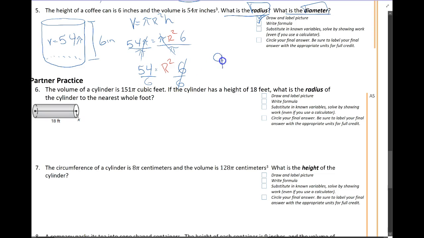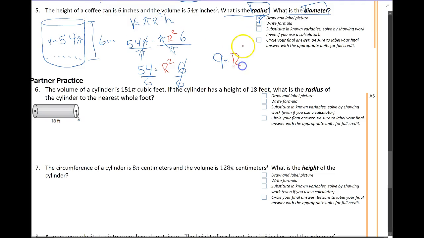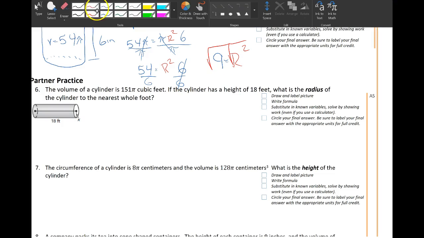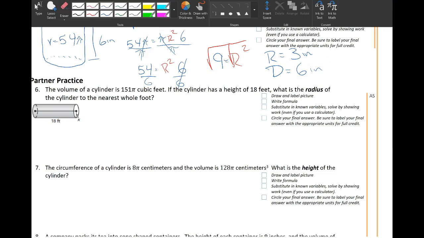And I get 9 is equal to r squared. And I don't want r squared, I want the square root of r squared, which is just r, which tells me that the radius is 3 inches, and therefore the diameter is 6 inches,